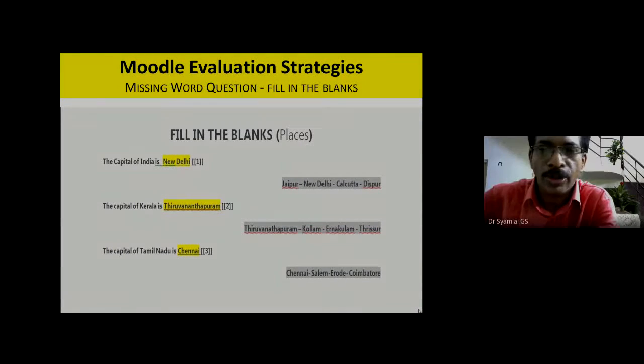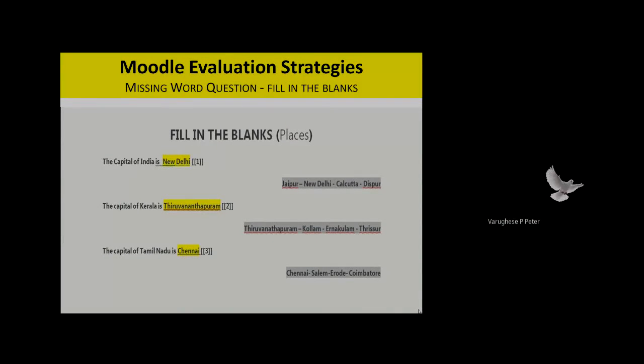So we will be copying each sentence and pasting it into the question box.